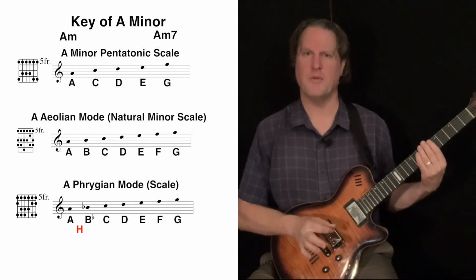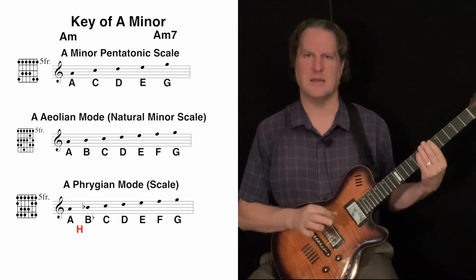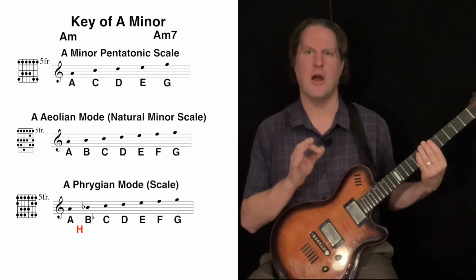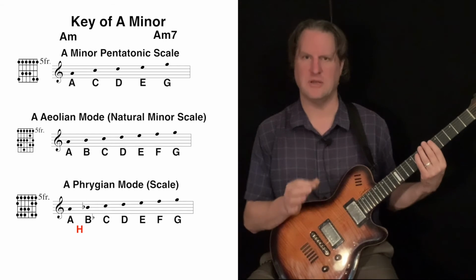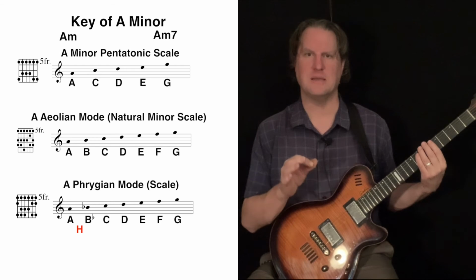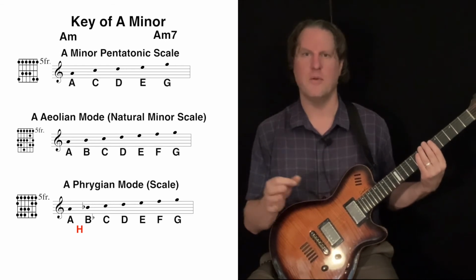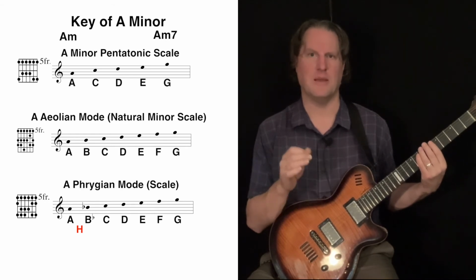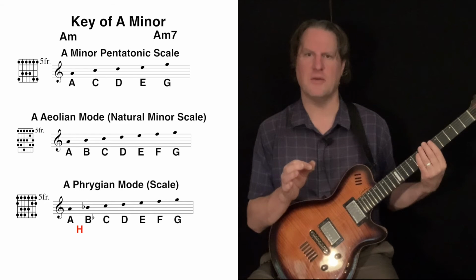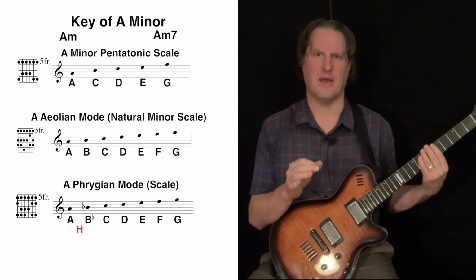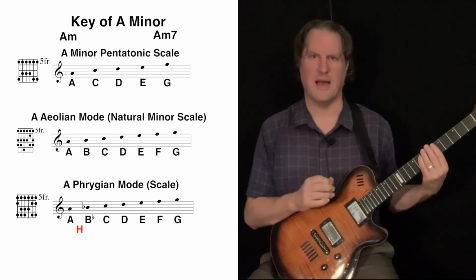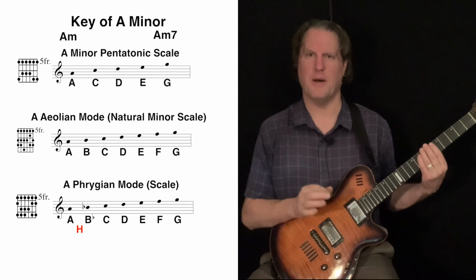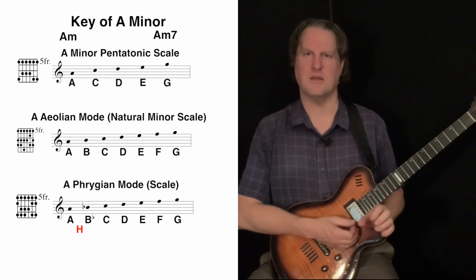So just a quick review, the notes of the minor pentatonic scale, the scale to get that bluesy sound, are A, C, D, E, and G. The notes of the natural minor scale are A, B, C, D, E, F, and G. We could think of filling in the holes in the minor pentatonic scale and adding the B and F notes. And then the Phrygian mode just takes the B from the natural minor scale and lowers it by a half step to B flat. Now let's go ahead and check out a possible performance using these different scales.